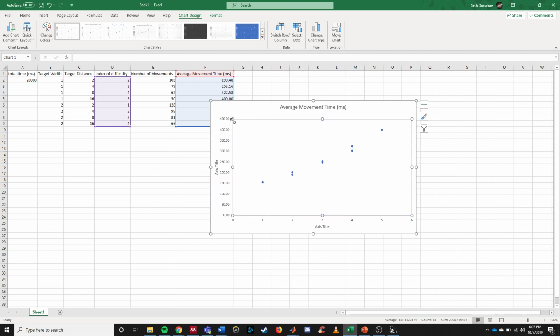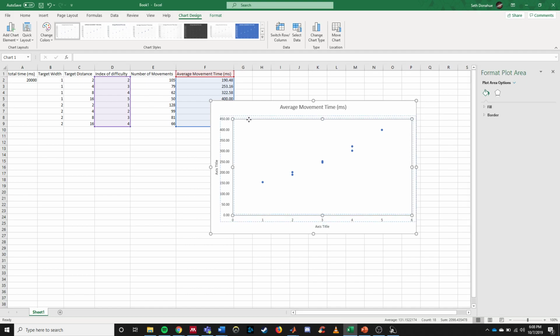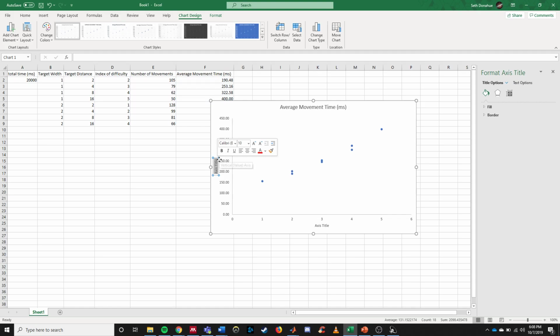I can make my plot area smaller, so I'm not running that axis title into the frame. Okay, and so all I did there to make that smaller was just to go, whoa, I am messing everything up right now. Oh my gosh. So I can move it around like this if I need to, but that's fine. So what I'm going to do now is, hopefully, if I don't screw this up again, we're going to go